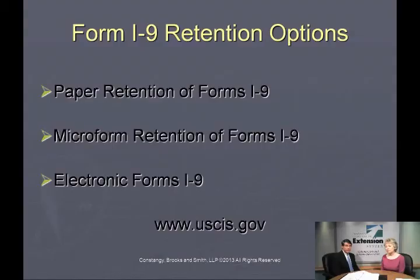So you can retain them 3 different ways: paper retention, microfilm. I don't know many people doing that anymore, but microfilm retention, or electronic forms retention. You're able to set these forms up. Large employers, a lot of times they're setting these up as totally